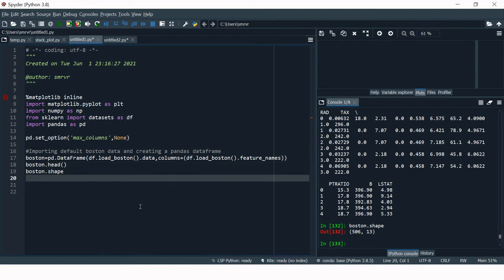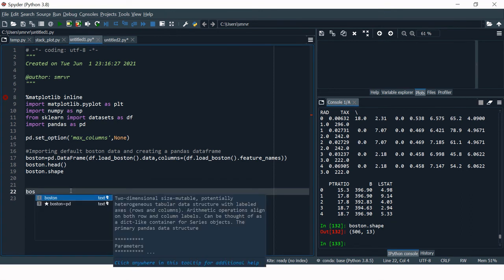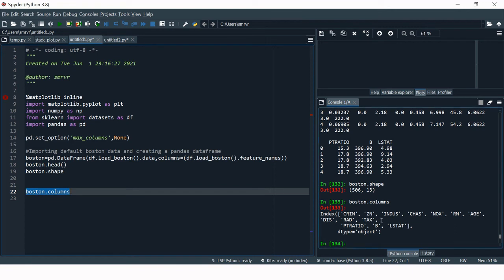Now we're going to use the age variable out of this. Let's see what columns we have available with Boston dot columns, and then let's read that. So these are the columns available in the Boston dataset. I'm going to use the age variable to create a sample histogram. How can we do that?